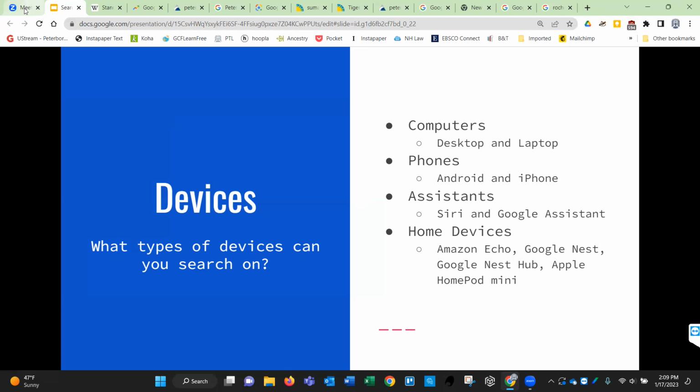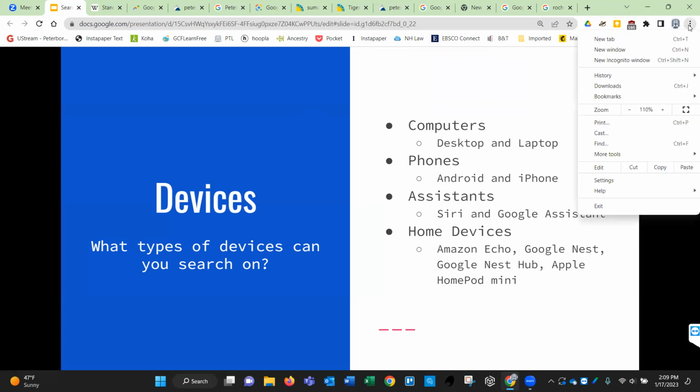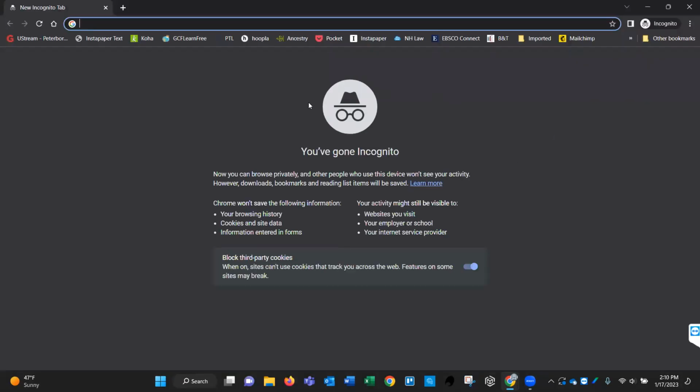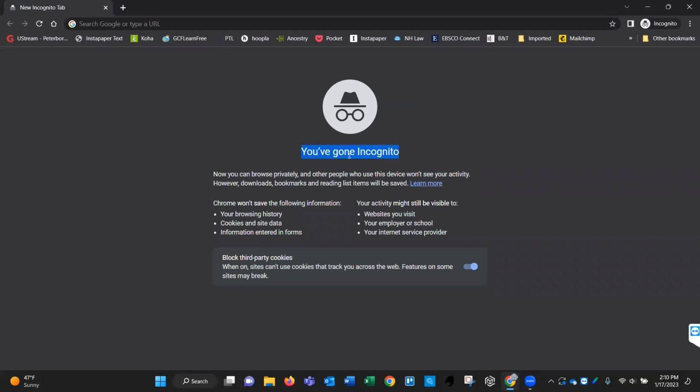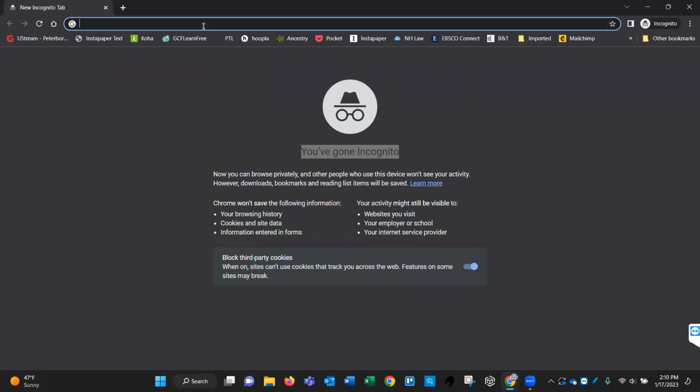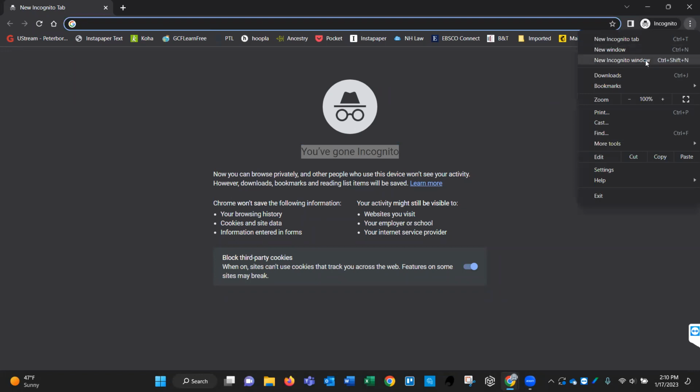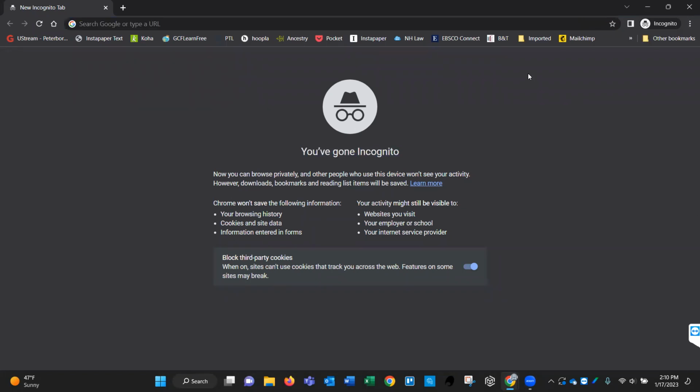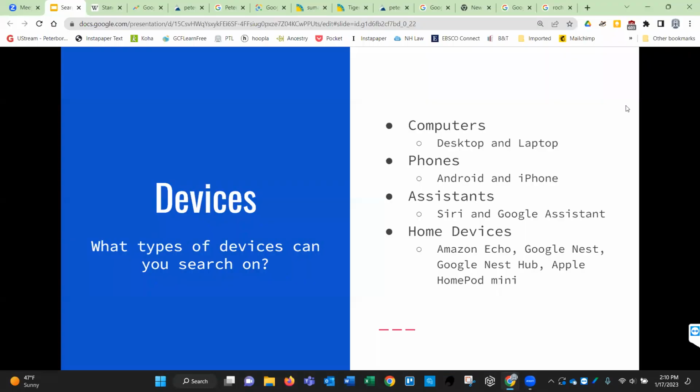So this is Google Chrome. In Google Chrome, there is a key combination, but in general, if you click on these three dots and go to new incognito window and click on it, then you will see this, which is you've gone incognito. Now if you search for airlines or concert tickets or whatever you want to search for, it won't be tied back or based on your main account. So again, three dots, incognito window. Different browsers will call it incognito mode. Other browsers will call it private mode. It's the exact same thing.